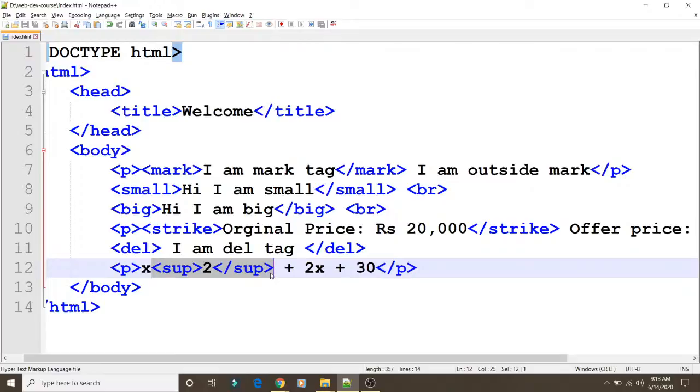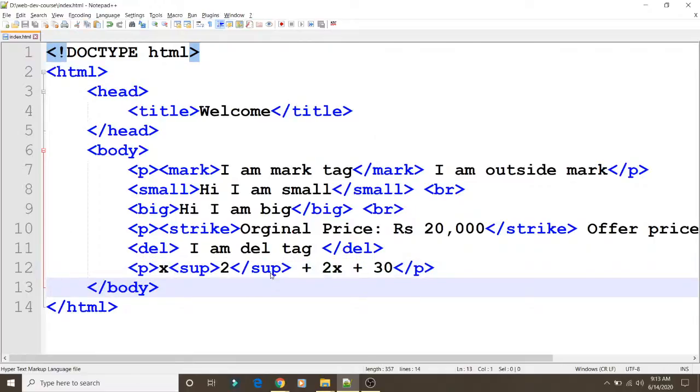Fine. So in a similar way we can write the subscript value too. Suppose I want to write chemical equations like CH3 in my web page. So how can we do that?